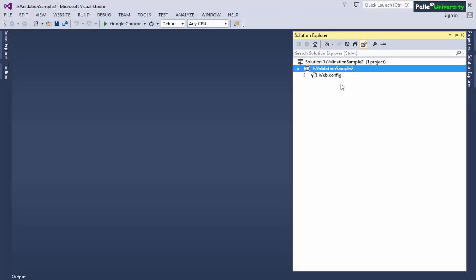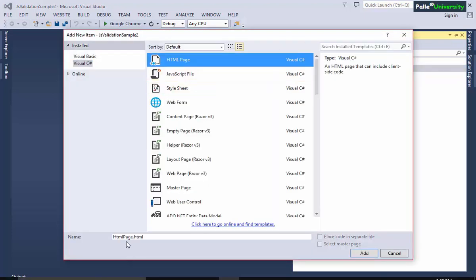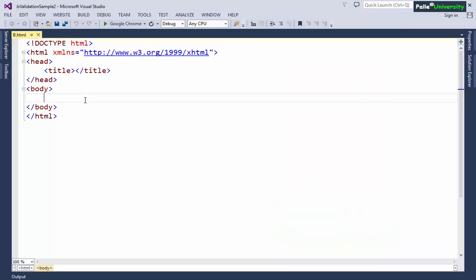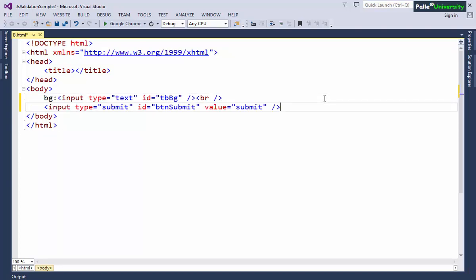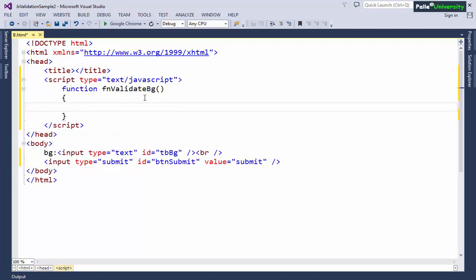You observe here I created the JavaScript validation sample2 website, and inside this website I'll try to create a new HTML page with the name b.html, and inside the body I created bg and a text box with a br tag, and as usual the submit button control. Next we need to create the fnValidateBG function inside the script tag.